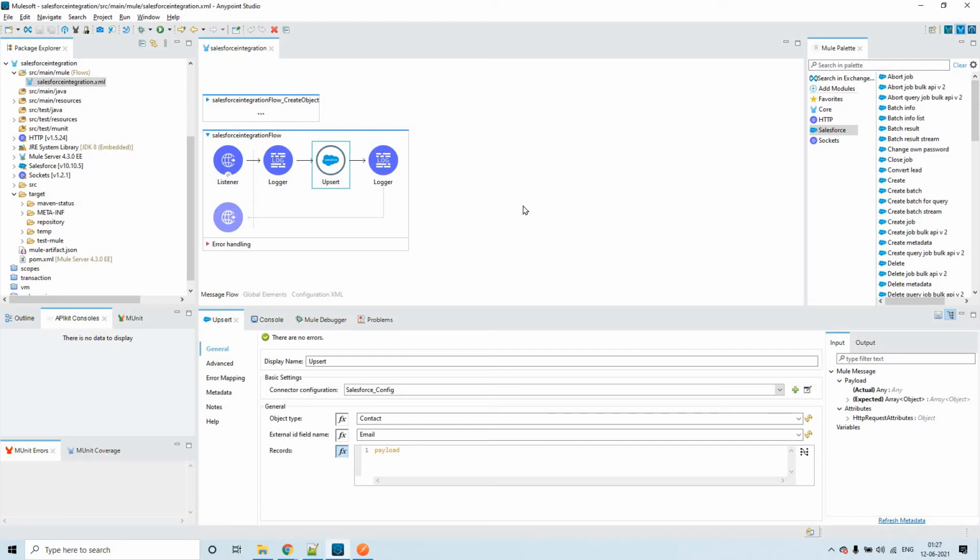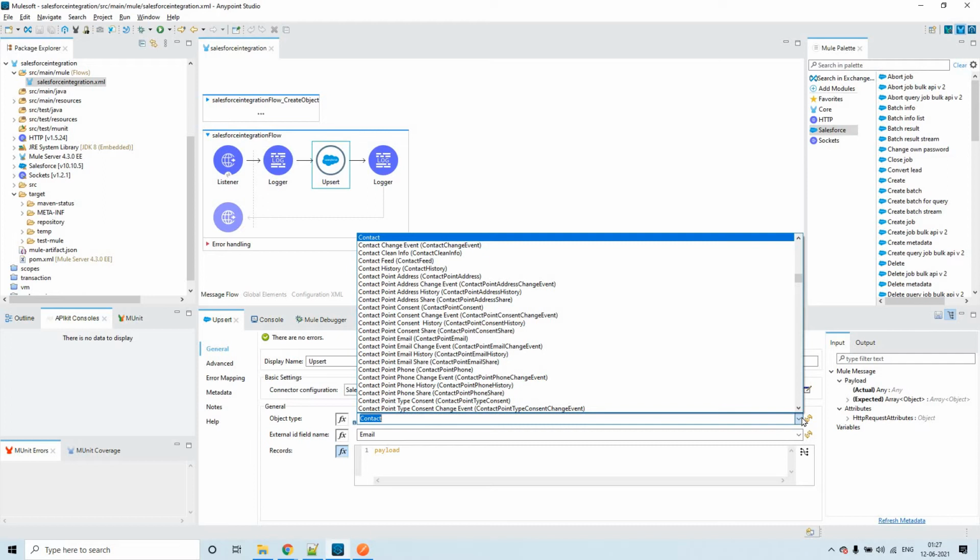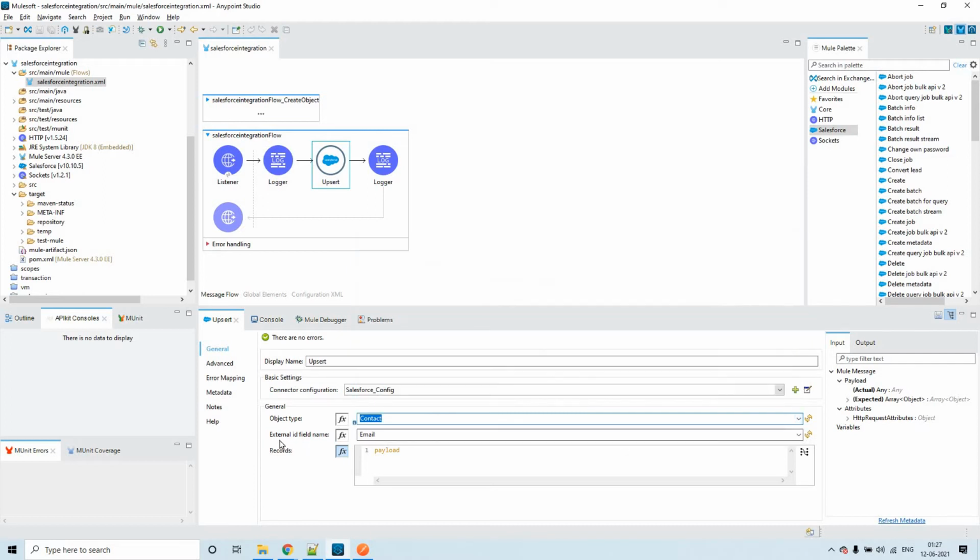But it all depends. The object type is contact. As in the last session we discussed contact, let's continue discussing different operations on the same object. So in this drop down I picked contact. As soon as your Salesforce configuration is correct, it will load this drop down properly, and you'll be able to see the list of things within the drop down.